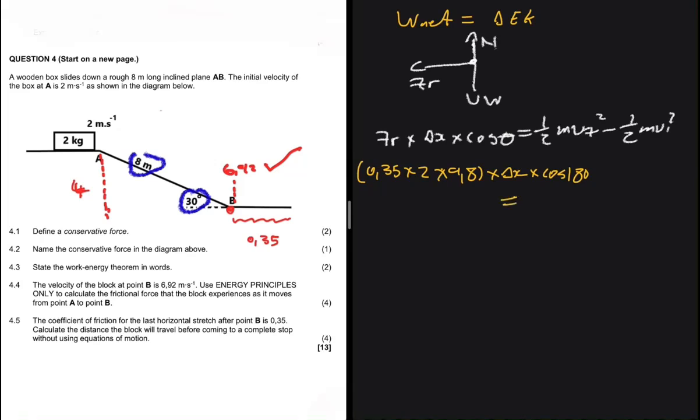So that should all be equal to a half, the mass is 2 kg, and the final velocity we know is 0 if we go into a complete stop, right? And then minus a half, 2 kg, and the initial velocity is 6.92 squared, right? So now all we need to do is solve the right-hand side and look for